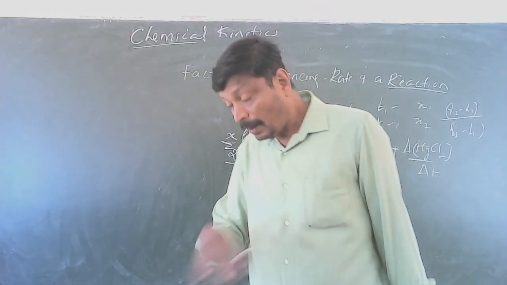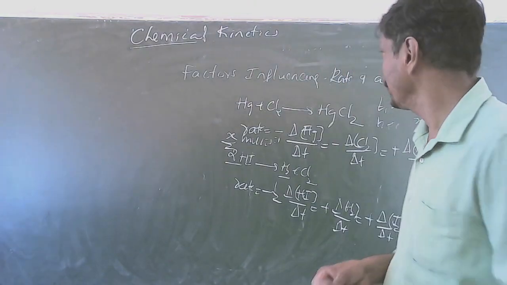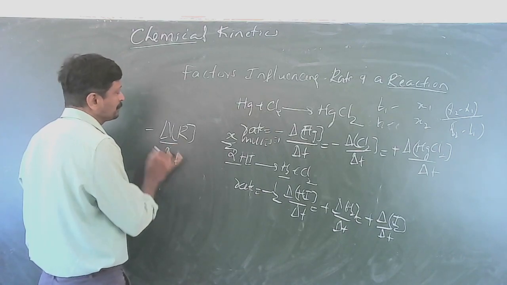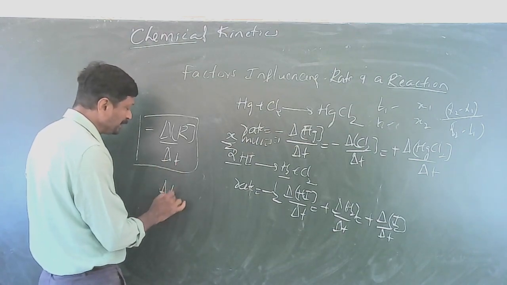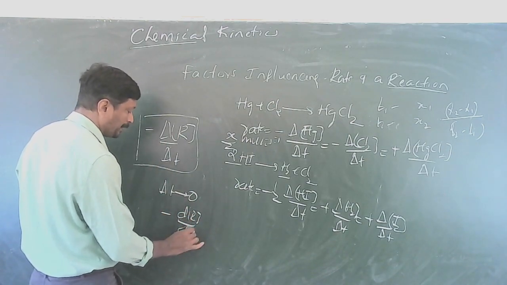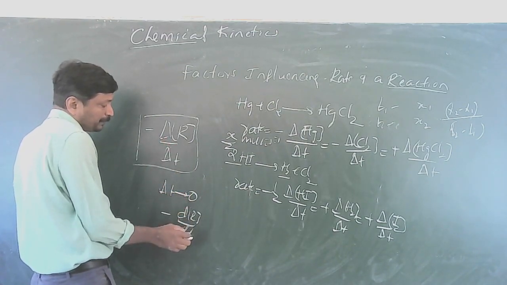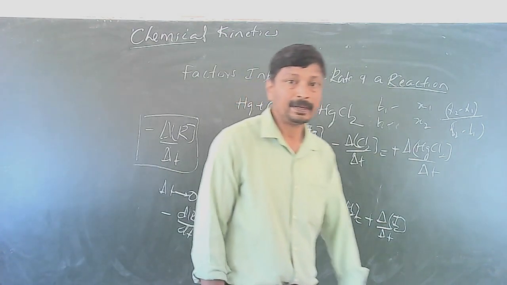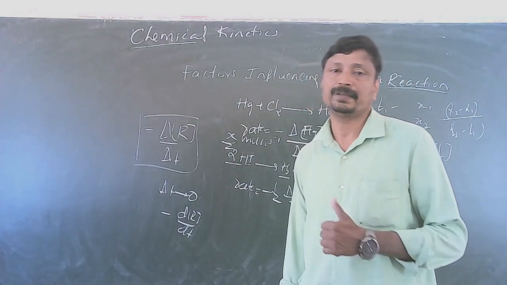After that, I discussed two more things, average rate and instantaneous rate. What is average rate? See, delta by delta T. This is showing the average over a period of time delta T. If delta T tends to 0, then how do you write? Minus d by dt. This is instantaneous rate. This is average rate. When the time approaches 0, then the capital delta T becomes small d T and capital delta R becomes small d. So this is the average rate and instantaneous rate.